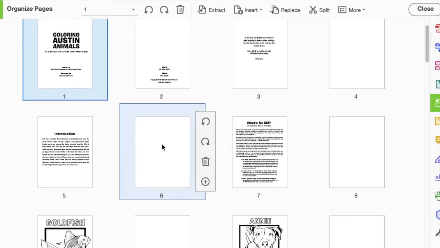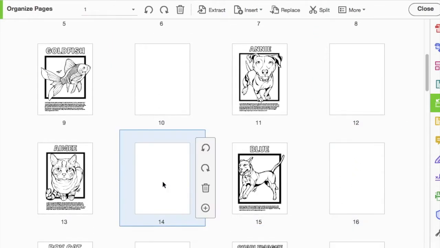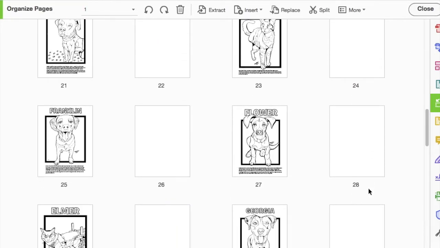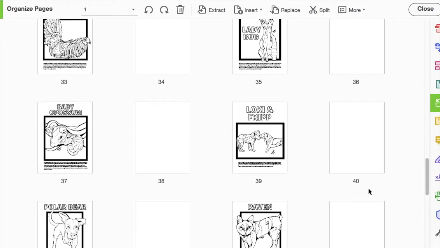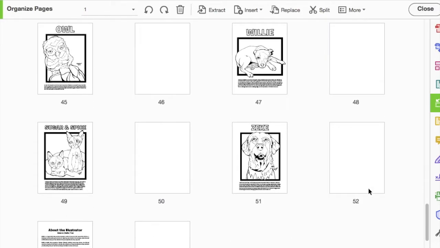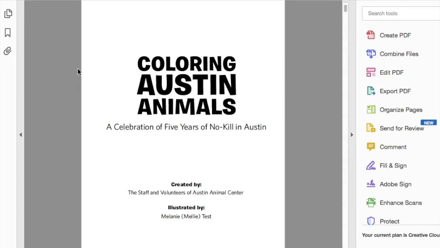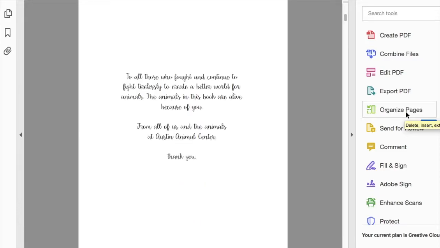And now I'm just walking you through the entire coloring book file for Coloring Austin Animals, which was a coloring book I was commissioned to create by the Austin no-kill animal shelter. And I'm just scrolling through so you can see there is a blank page that I've inserted after each illustration. That is to ensure that the back of each illustration prints blank, because I don't want people to have to worry about things bleeding through. I want them to be able to just tear out a page and color on it and not have to worry about color bleeding through, or texture if you put a lot of pressure on your colored pencils, bleeding through